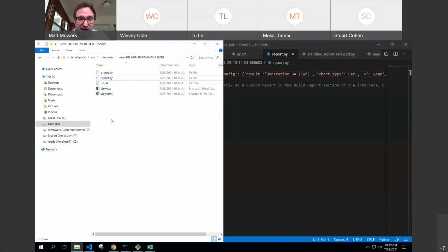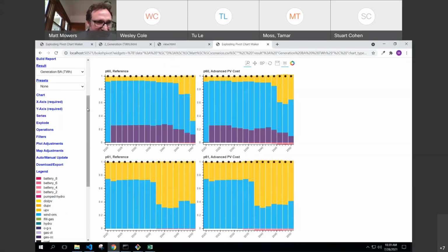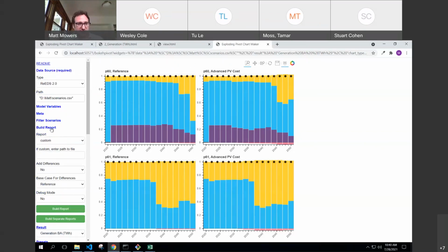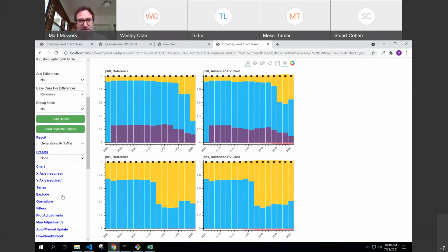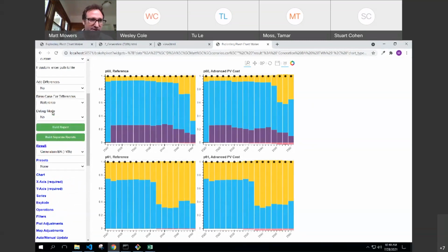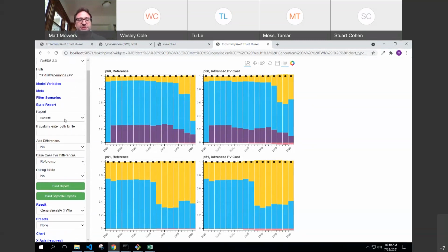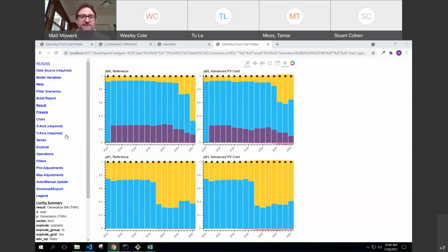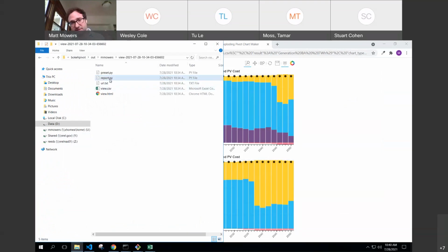So it's using the custom. Let's just get in here and look at this build report section again, which you can basically view as working independently of this result section below and the BokehPivot view. All this report building will launch separate processes. So we did this before and we ran some standard report. I'm going to leave it at custom here. And if it's custom, we need a path to the file. And this is what we created when we